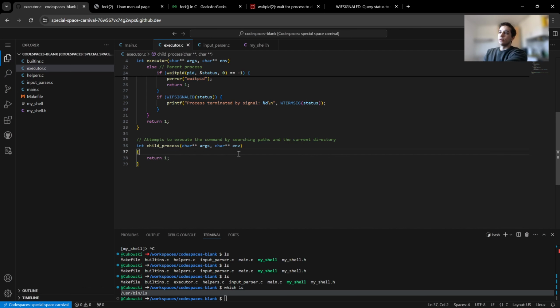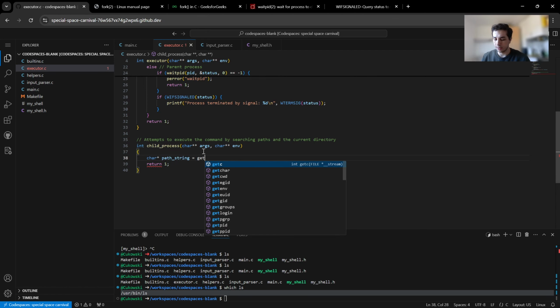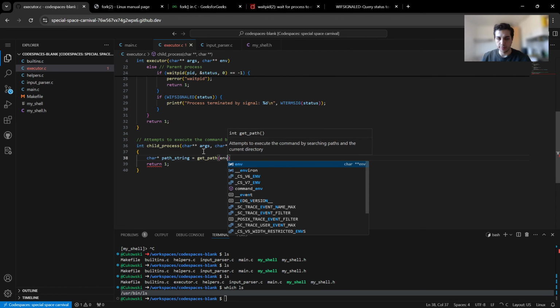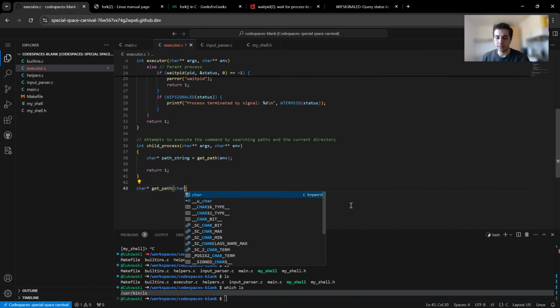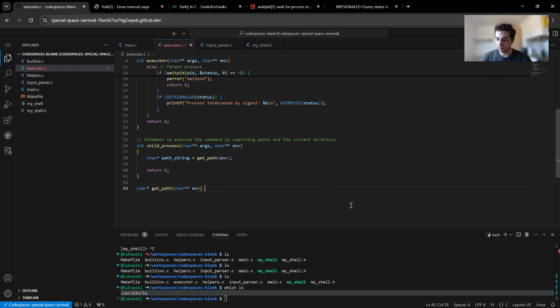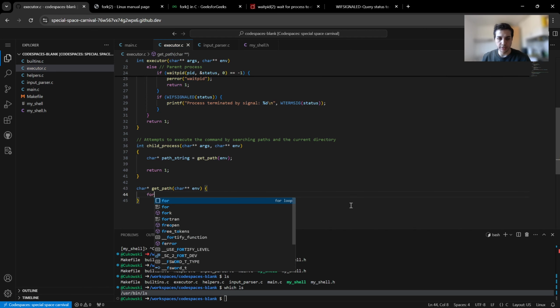Alright, so our child process will attempt to execute the command by searching the paths. So we will have the path that we want to find and execute. So it will be getPath and we don't have the getPath function, so we will have it. And I will say char star getPath. It will have char star environment as input, and it will basically